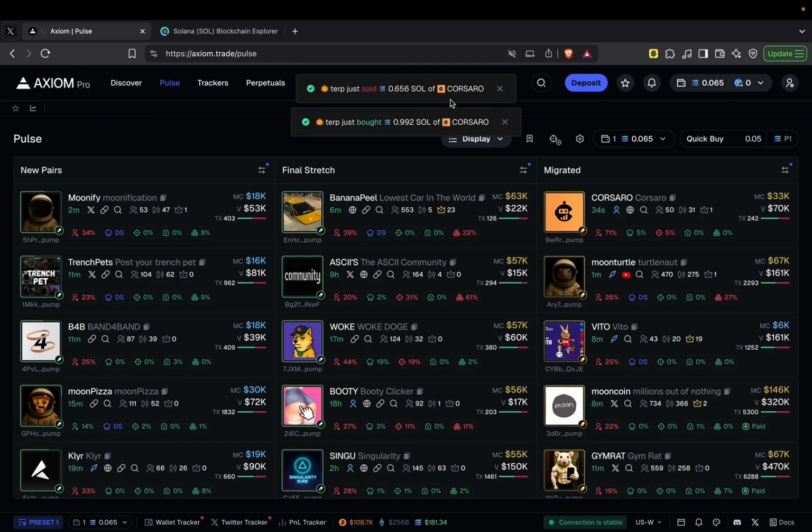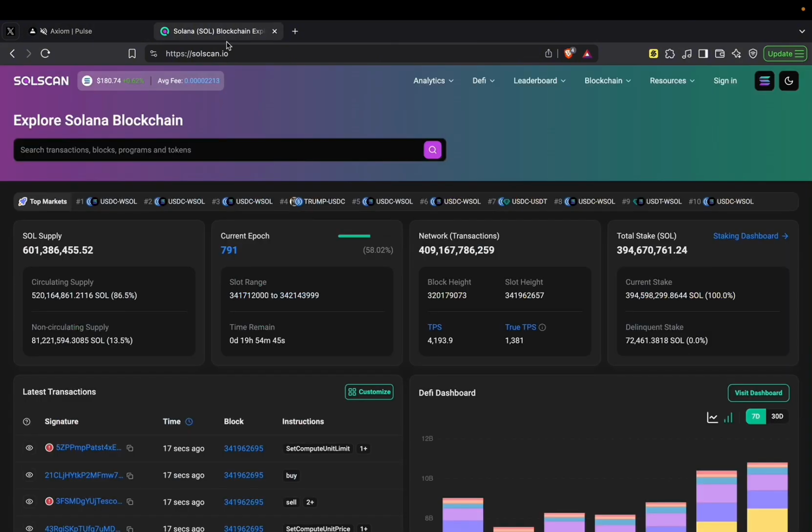So we'll get started. I'll open up solscan over here, solscan.io. What is solscan? Solscan is basically a website that records all Solana transactions. It's basically a blockchain on the web. It allows you to view all transactions, buying, selling, minting, burning, all of the activities that happen on the Solana blockchain. So we'll be using this in order to track and determine how good projects are,